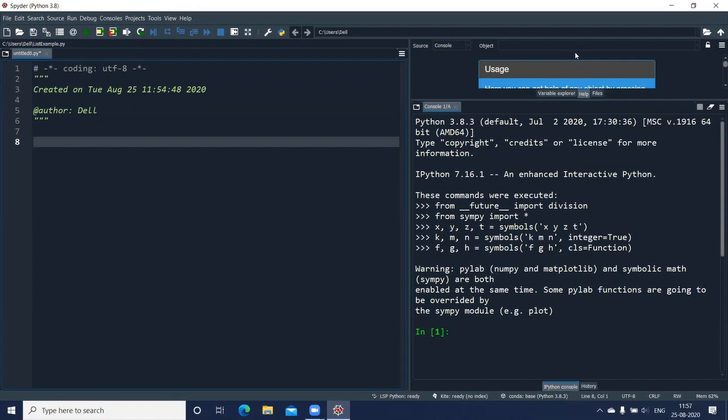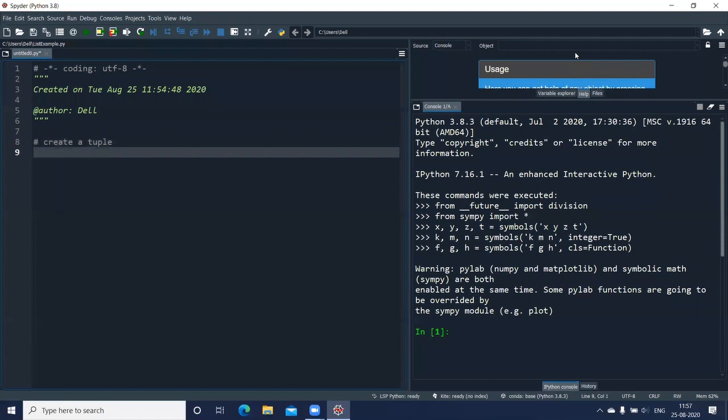And of course, there's a difference in how we declare variables which are of tuple types. So let me show you the syntax of how to create a tuple. My screen is visible, so let us create a tuple now. I'll use a variable called T1, T1 equal to, in round brackets, I can directly make use of the values.